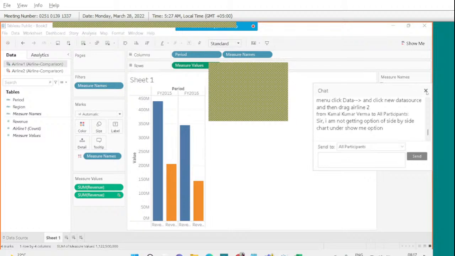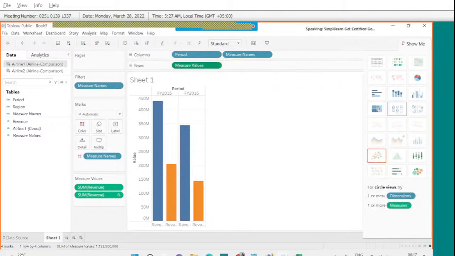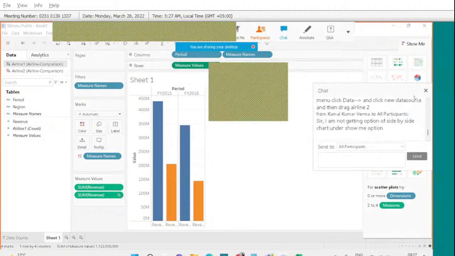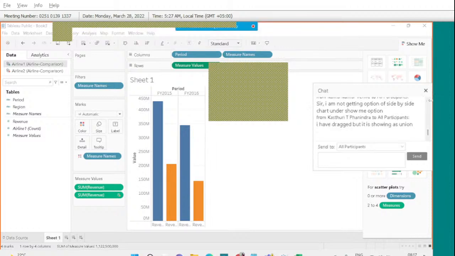So Kamal, this is the option that you have. This is where you have the side by side chart. Ninth chart. So yes, Vanindra, you have to do that. So basically you have to,